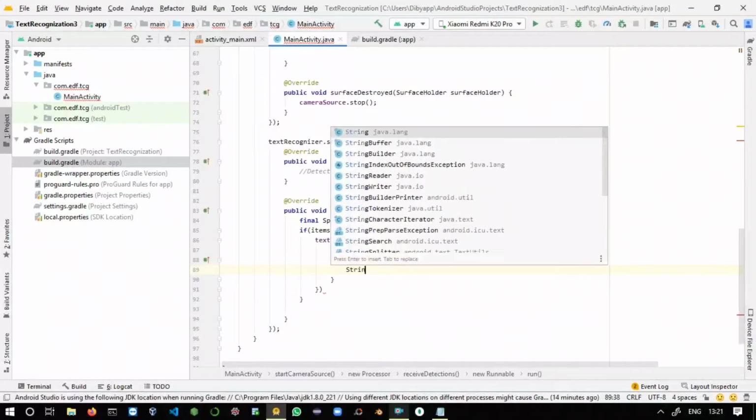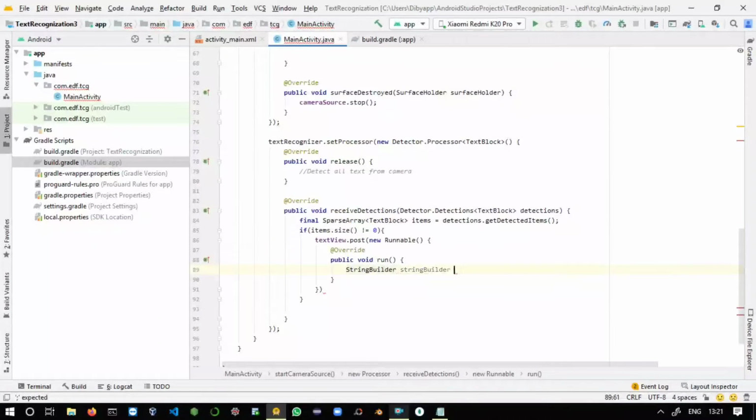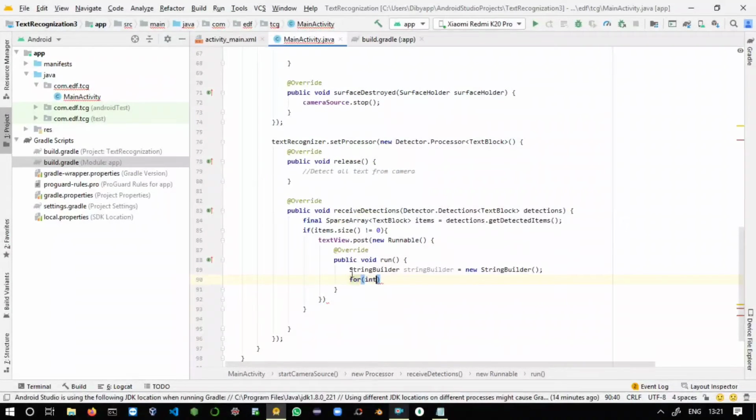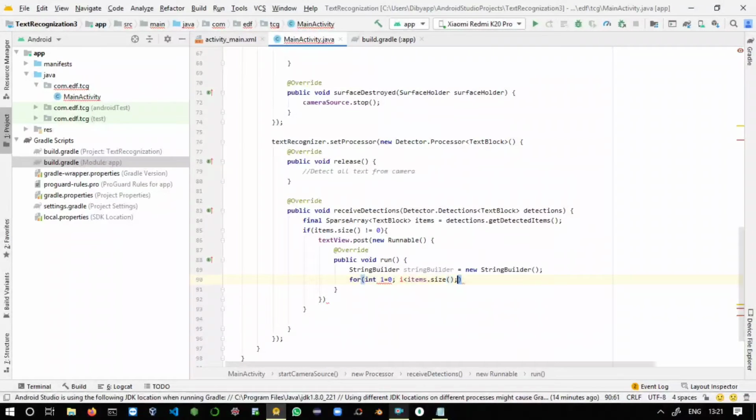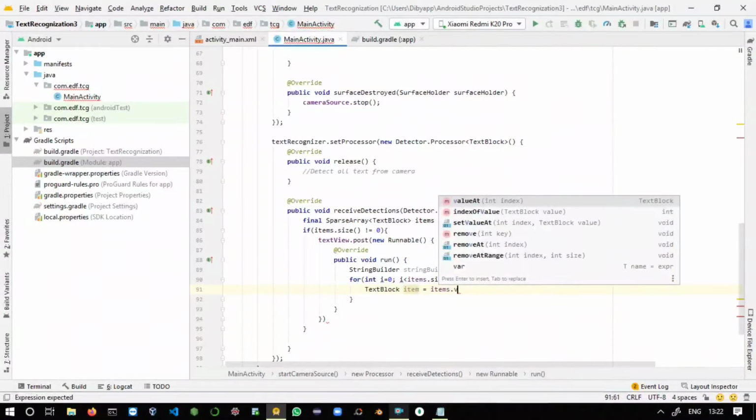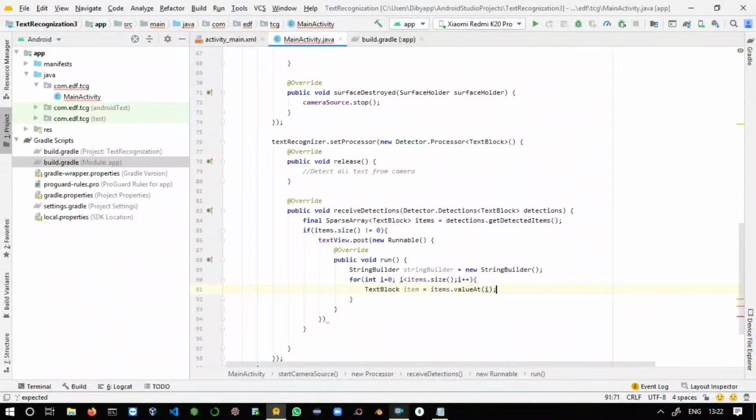After that you can say if items.size not equals 0, then textView.post, just pass a new Runnable here. Inside the run method say StringBuilder stringBuilder equals new StringBuilder. For int i equals 0, i less than items.size, i plus plus. Just open the for loop. Here you can say TextBlock item equals items.valueAt i.